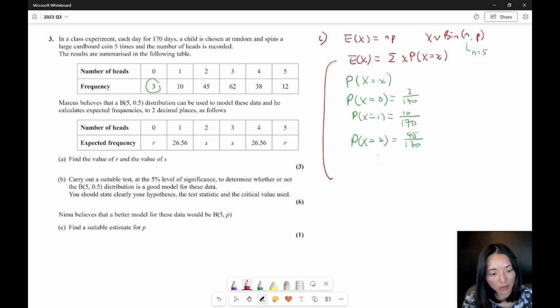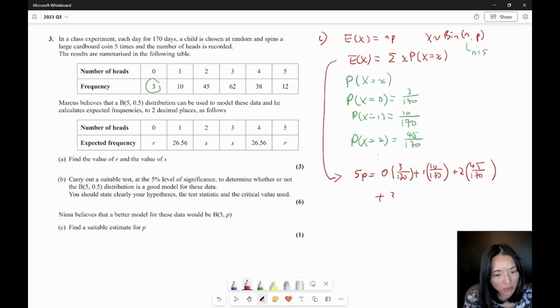Therefore, we can write this equation. Expectation of x is np, so that's 5p, equals 0 multiplied by 3 over 170, plus 1 multiplied by 10 over 170, plus 2 multiplied by 45 over 170, plus 3 multiplied by 62 over 170, plus 4 multiplied by 38 over 170, plus 5 multiplied by 12 over 170. So evaluating that using a calculator,